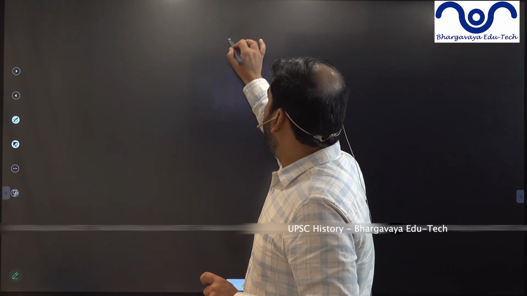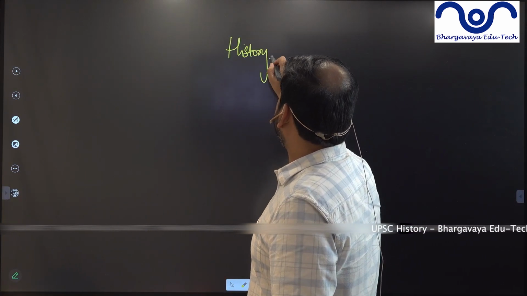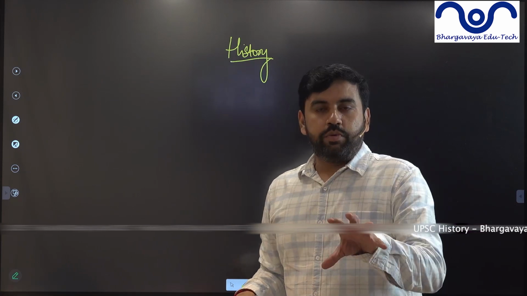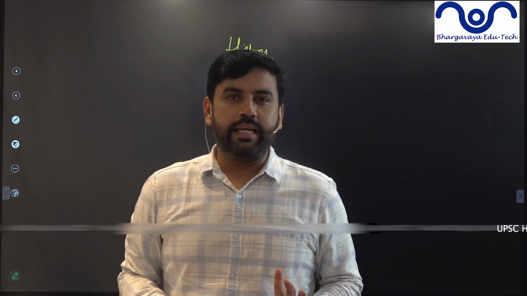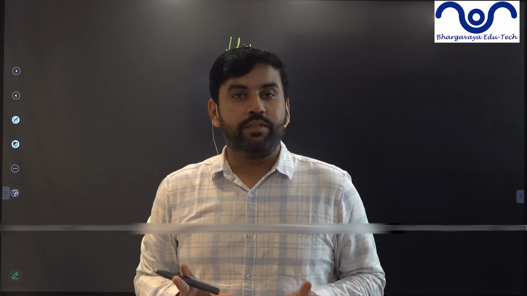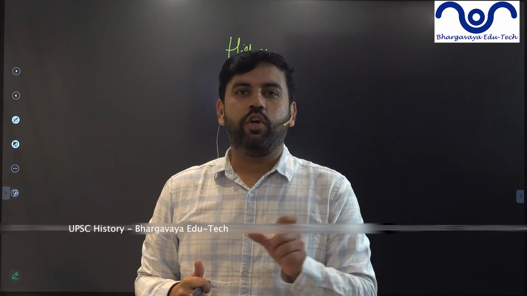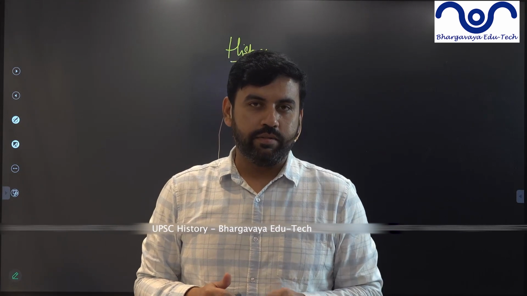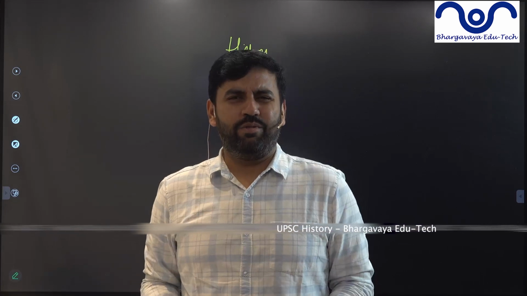Number one, now as far as history is concerned, in the prelim examination, if you have gone through the syllabus, you will understand one thing, that there are 7 words which are written. If not, you can go through the syllabus. History of India and Indian national movement. These are the 7 words which are written in the syllabus. Does that give you any idea? Never ever. Those 7 words are useless.